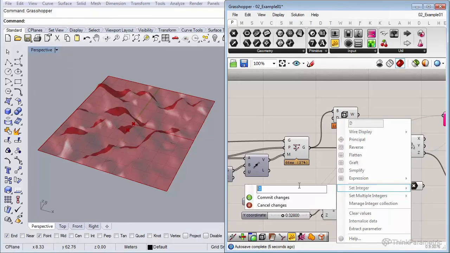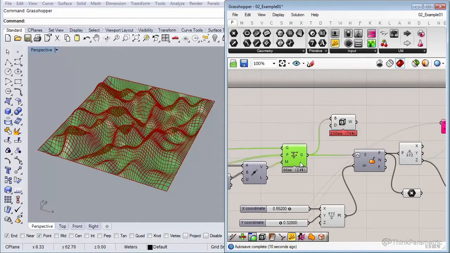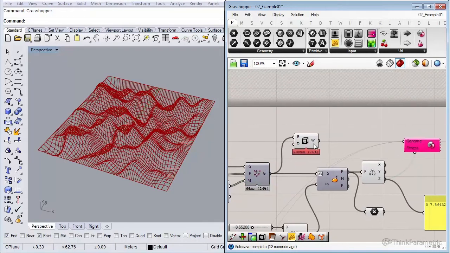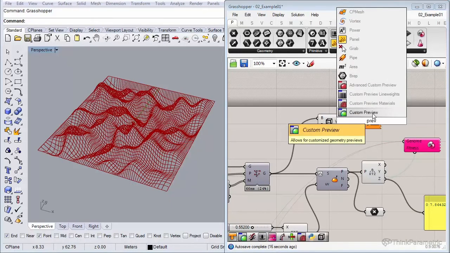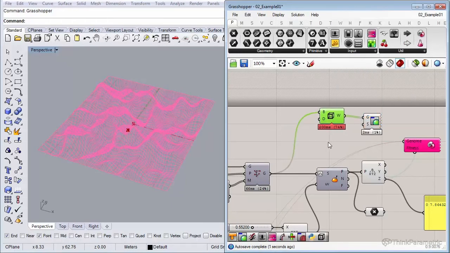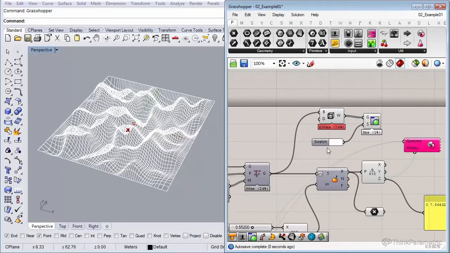Let's set this number high to 5. Nice. So let's color these lines a little bit differently. Use a color swatch. Set it to white. That's fine.